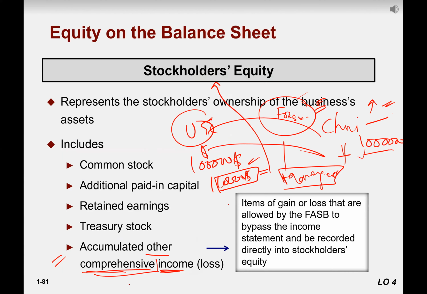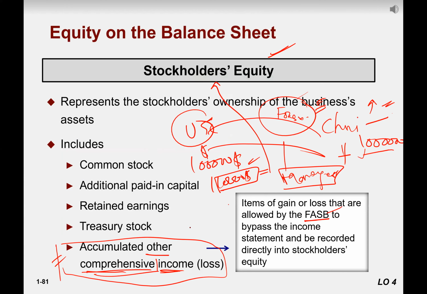So there are many other things as well, like GAAP or FASB. These are the accounting standards boards, those who make the accounting rules. When they change the rules, and that change is going to benefit you, that benefit also belongs to shareholders, and that is reported in other comprehensive income.